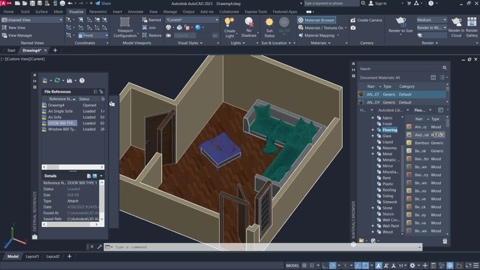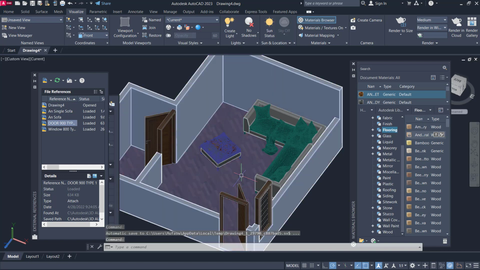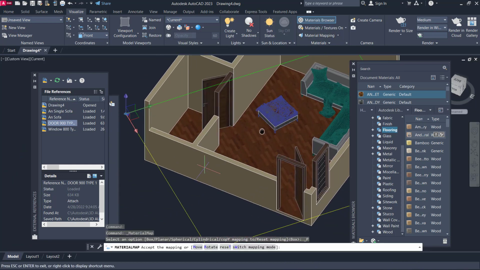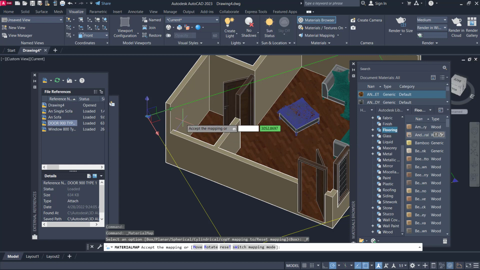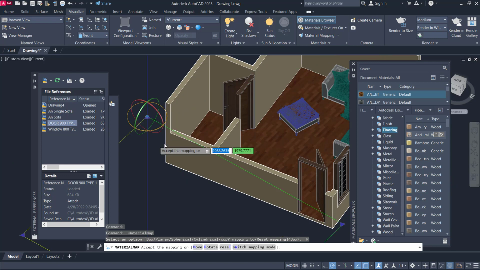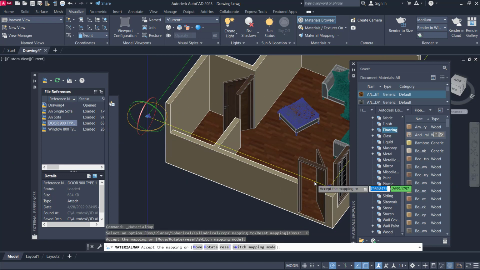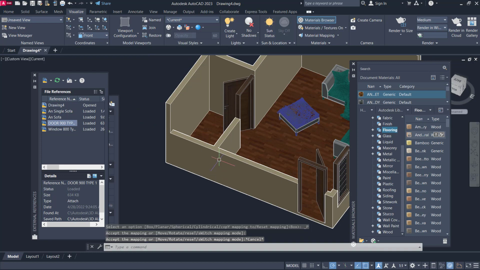We can set the material mapping at this floor. We select again at this face and use this tool, material mapping. Then we can rotate, we can right click, choose rotate tools, and rotate in the blue axis. Press the Exit button to close.